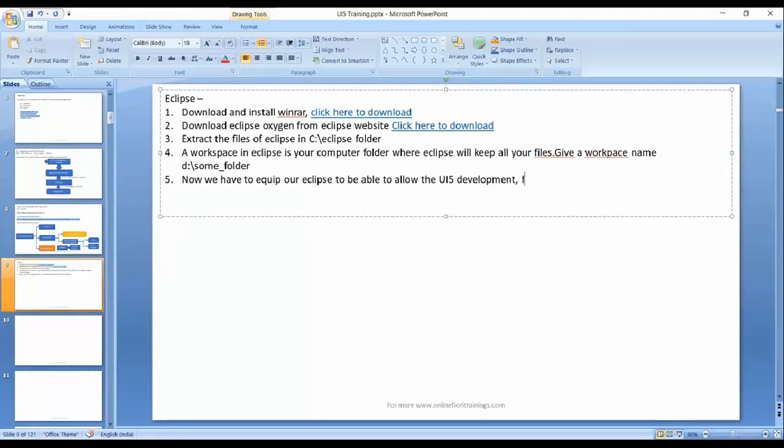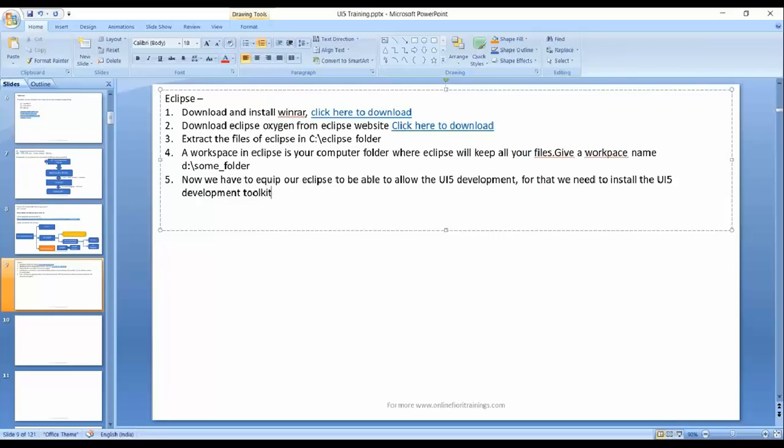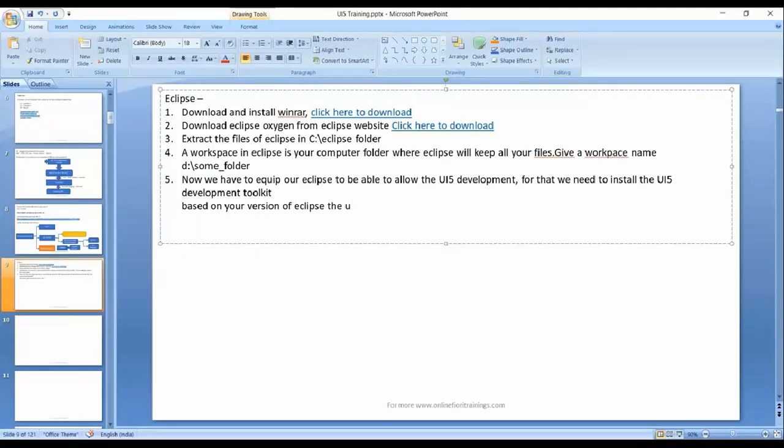For that, we need to install the UI5 development toolkit. It is an SAP product. Where do you install it from? Based on your version of Eclipse, the URL will be